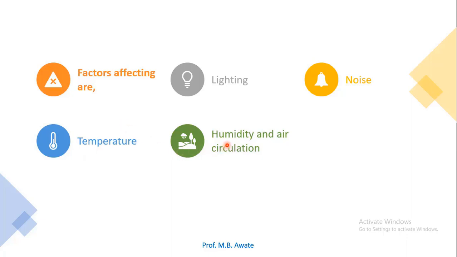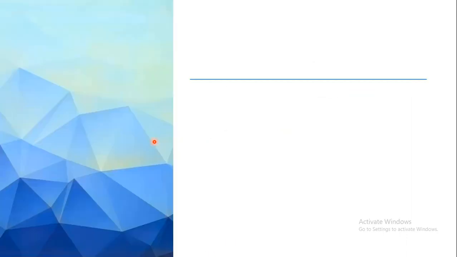And there also has to be proper humidity and air circulation, right? If we concentrate on these factors, then we can minimize the factors which reduce the workers' productiveness. If we keep them in a proper manner, it will be easy for the worker to work in those conditions, and his performance will get increased. So for that there have to be some ideal working conditions. So what are the ideal working conditions that we will see now?